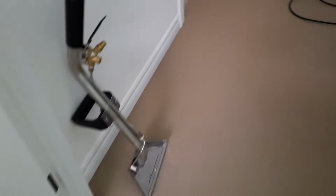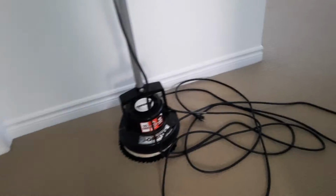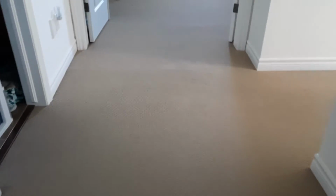This is actually the 2nd level, and we've got 4 bedrooms, a hall, and a flight of stairs on this level. We are going to be doing some urine treatment throughout this level. I think there's urine treatment in 2 of the rooms and in the hallway, and we're going to do this room wall to wall. There's a walk-in closet there, the light was off,